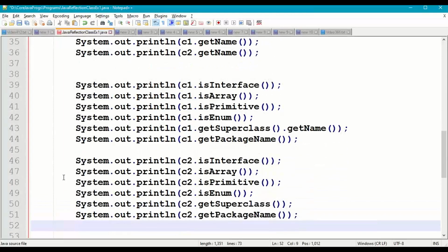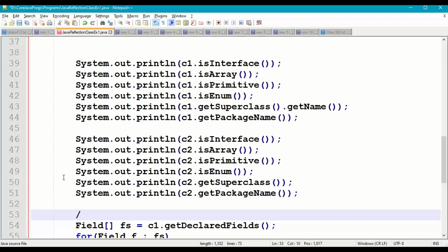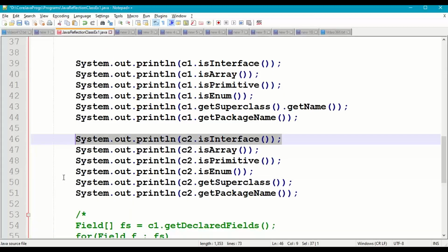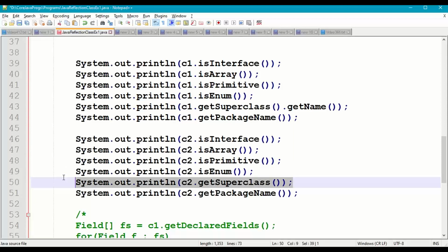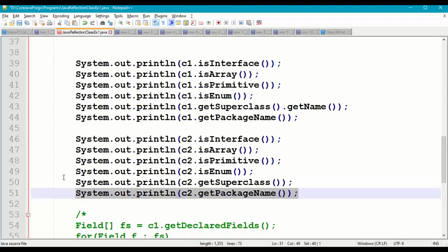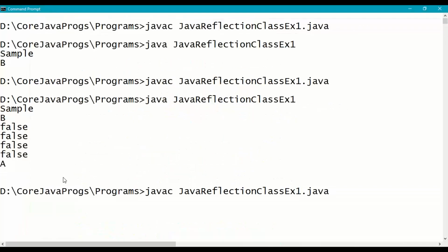the interface, which is C2. Okay, so C2.isInterface is true, B is an interface. Is it array? False. Is it primitive data type? False. Is it enum? False. So getSuperclass: we don't have any superclass for this, it will return a null object. So getPackageName: we don't have any package name, so it will return an empty string. Save, recompile